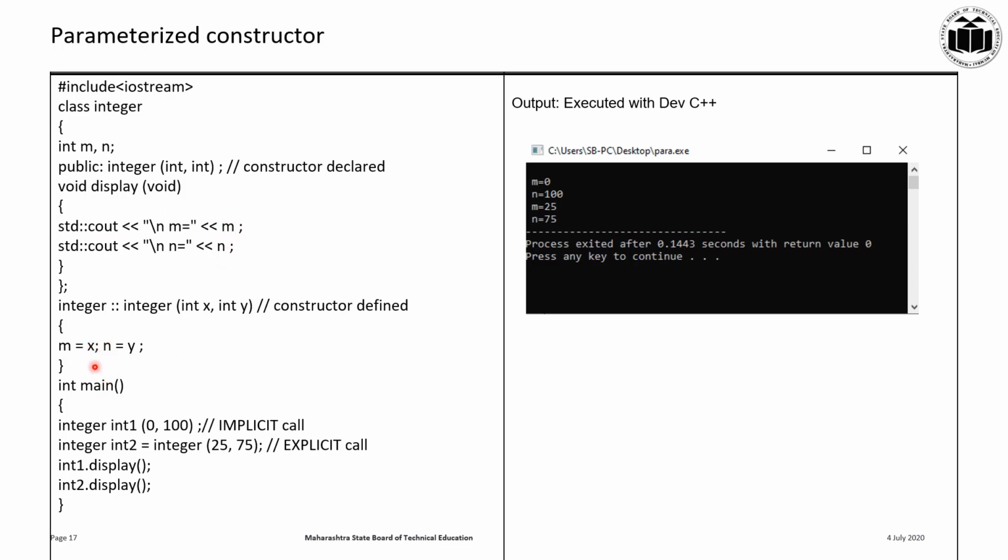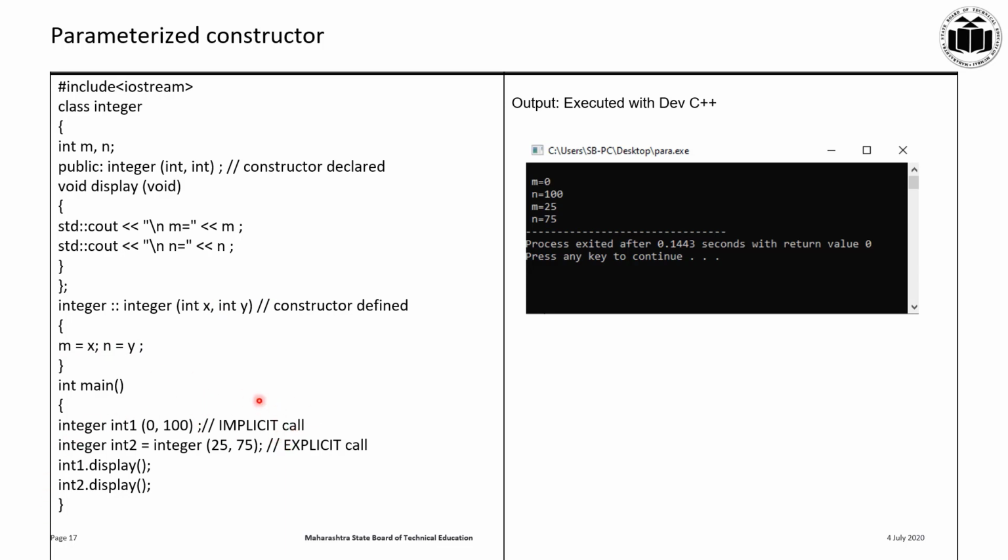Next, the parameterized constructor is declared here and the constructor is defined: integer, scope resolution operator, integer(int x, int y), then m is equal to x, n is equal to y. The x value and y value get assigned to m and n respectively.